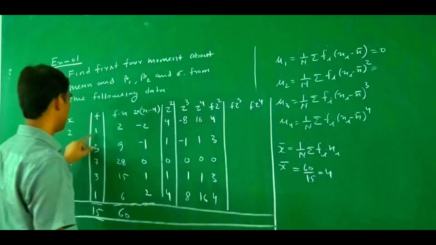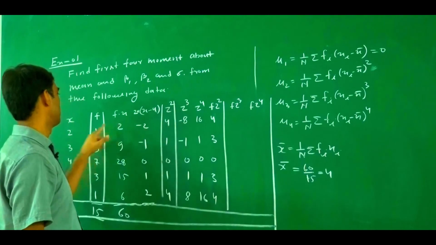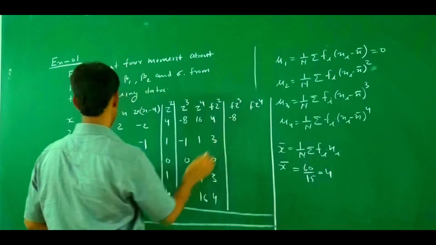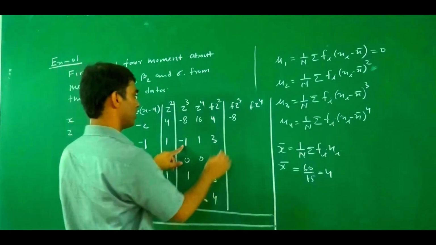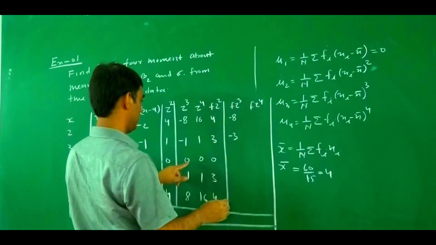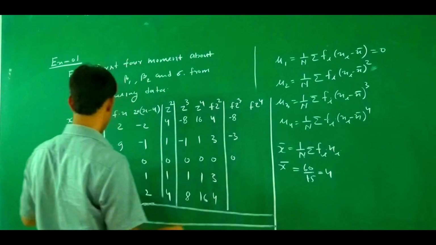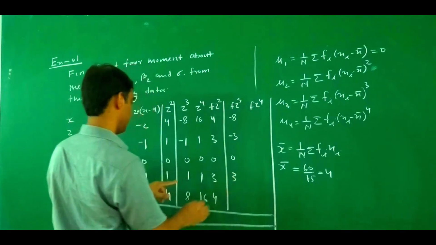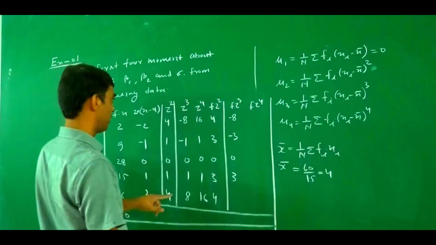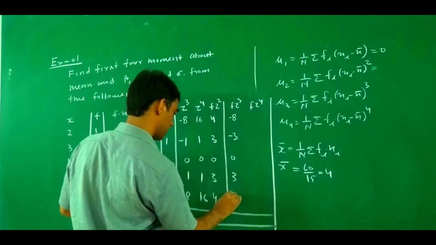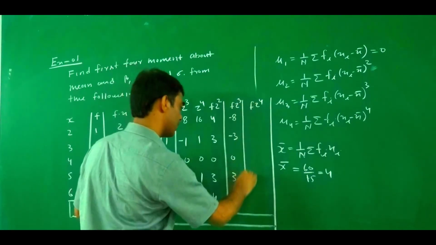Next one we multiply f by the z cube. So 1 minus 8, this one is a minus 8, and 3 minus 1, this one is a minus 3, 7, 0, this one is a 0, and 3, 1, then this one is a 3, and 1, and this one is a 8, this one is a minus 8, this one is a plus 8. And if you multiply it by the last one